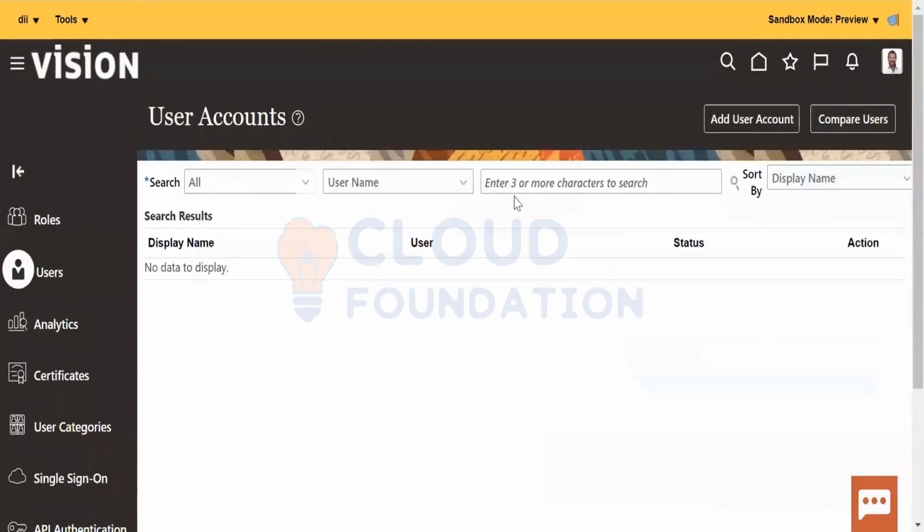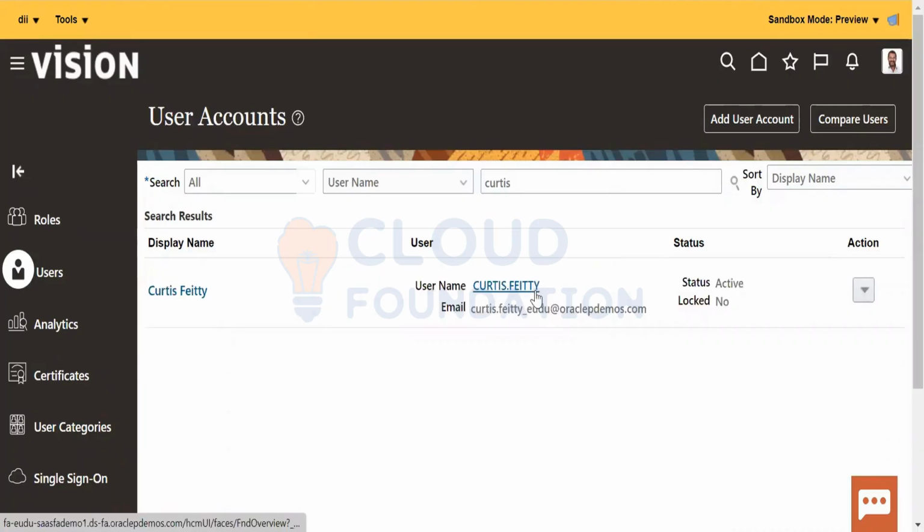I'm just cancelling this operation because this is my office system, I cannot do it. I'll just search for the user Curtis Pretty and show you how things are going. You can see the user.